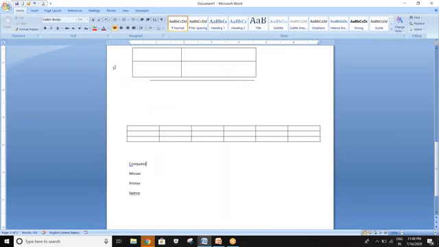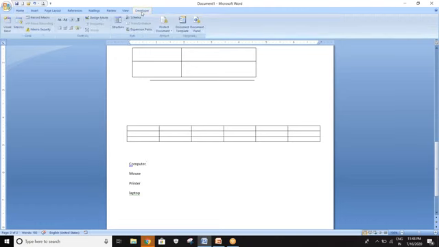It will take you back to the main home page. On the MS Word page, the Developer tab is now generated. Then click on the Developer tab.